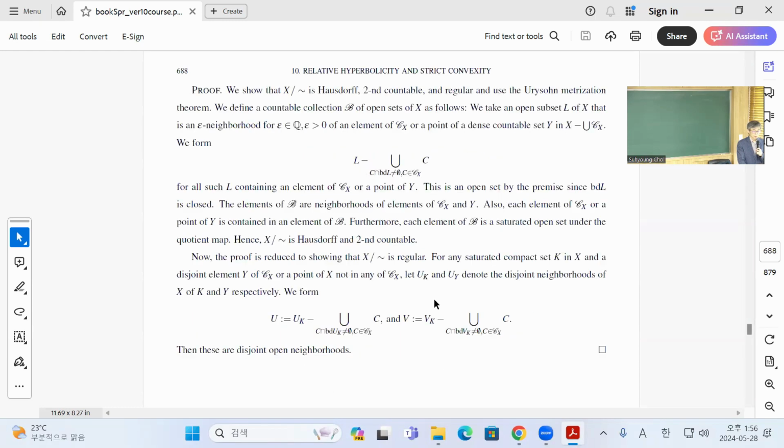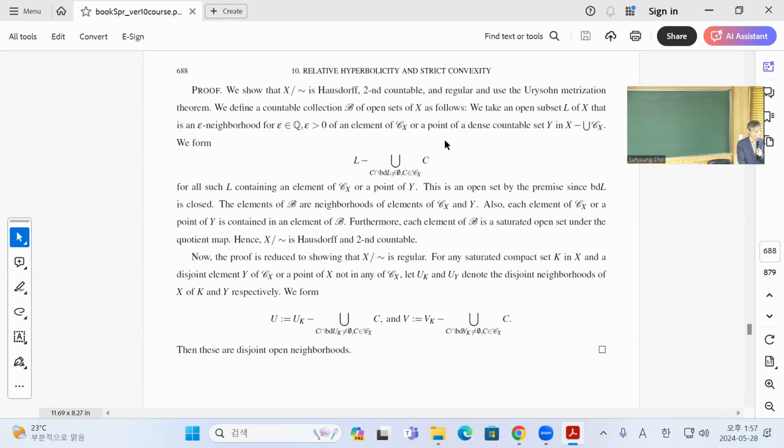So to prove that, you show this is Hausdorff, second countable, and regular, then use the Urysohn metrization theorem. So the basic proof is that you have to show it's Hausdorff, second countable, and also regular. To show Hausdorff, you have to remove from some open sets the sets that meet this collection of sets that meet itself, and that way you can find the disjoint neighborhoods. Also for second countability,